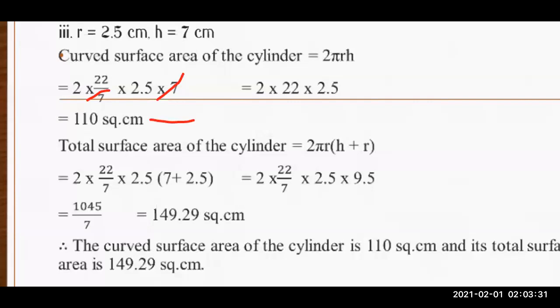So it will become 9.5. Now here first what we will do, we will multiply all the upper numbers because there is no cutting part, and then we will divide that by 7. See, because in the 7 table 25 is not coming, and if I take 95, see 7 ones are 7, 7 nines are 63, 95 minus 63 is 32, 7 fours are 28, 2 and 25 will come.